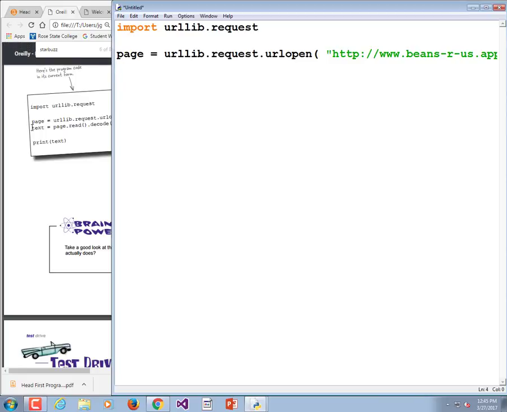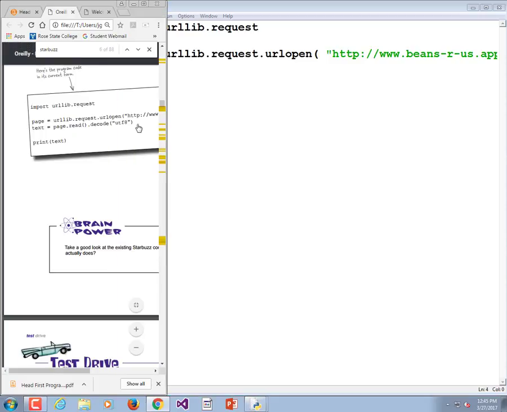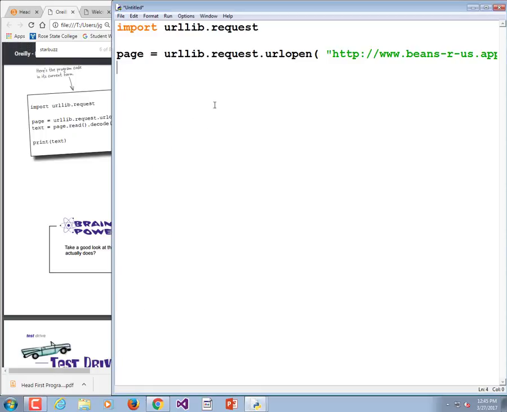It shows that just as one line of code, but I don't like it when one line of code does too many things, so I'm going to break it up a little bit. I'm going to say raw is equal to page.read. And then I'm going to say text is equal to